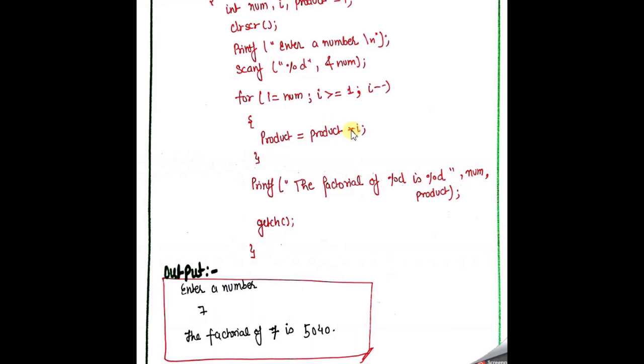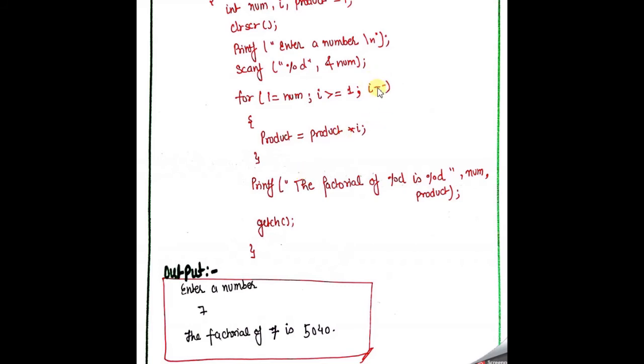So just take a simple example, number is equal to 3. So I is equal to 3. Is 3 greater than 1? Yes. Inside the loop, product is equal to 1 multiplied by I, which is 3. So the updated value of the product is equal to 3. Now I want to go outside of the loop, but it tells us no, you have to perform this operation again and check the condition. Unless it becomes false, you can't go outside of this loop.